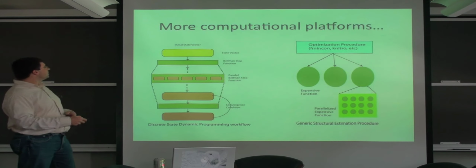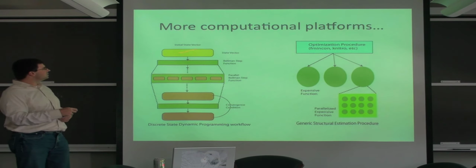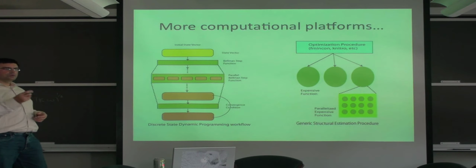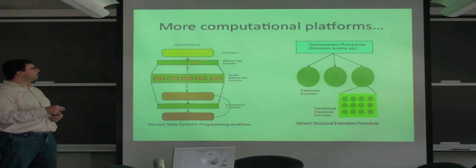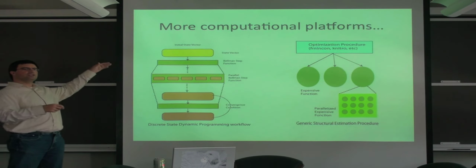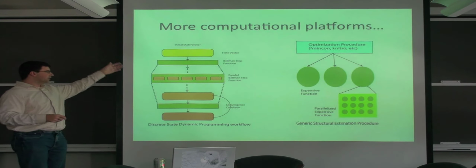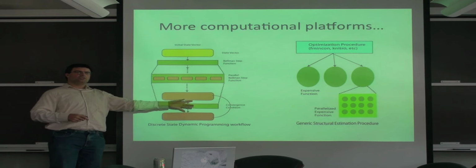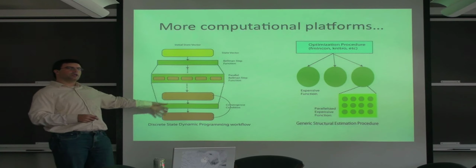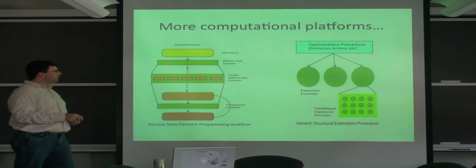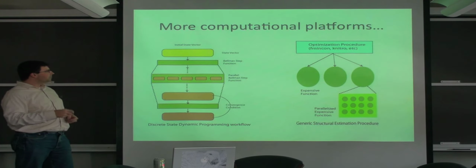That's what I'm doing for you. And just to see the example, so this is, you know, dynamic programming. Essentially, all it is is a Bellman step function. It takes in the state, gives you the next state, and when you have some acceptable convergence, you say, okay, that's the result. So that's really dynamic programming.